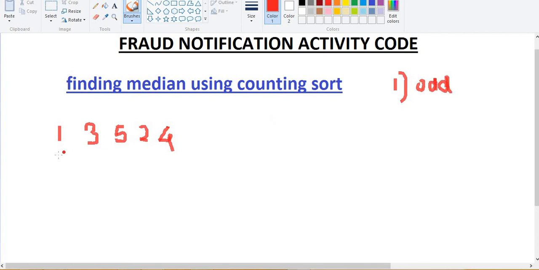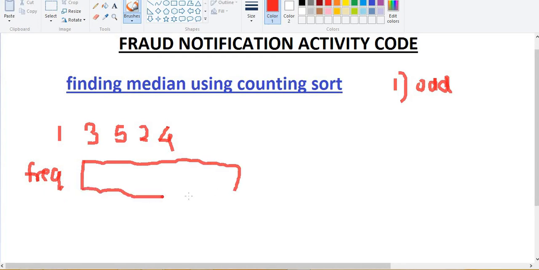What you would do is create a frequency array for your counting sort, and we have to take the maximum number into account. So that would make 6 elements. Let me divide it.